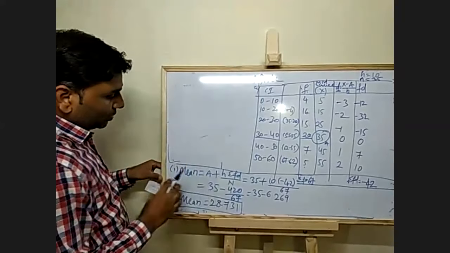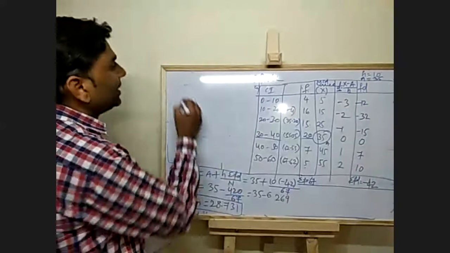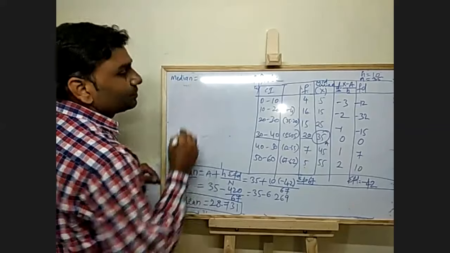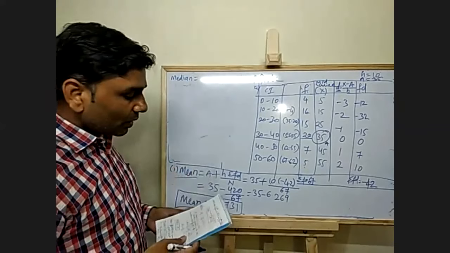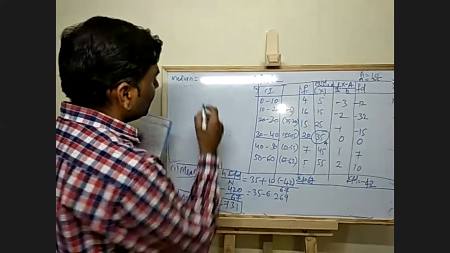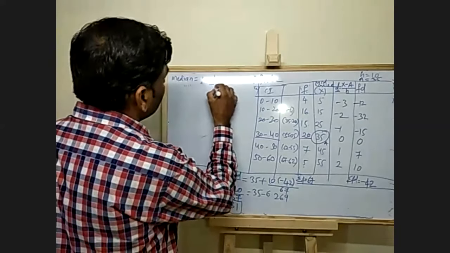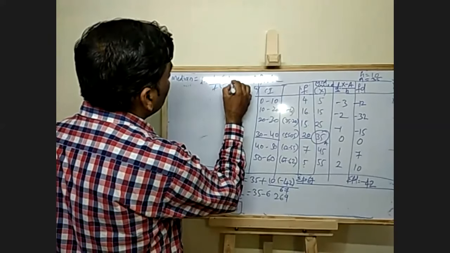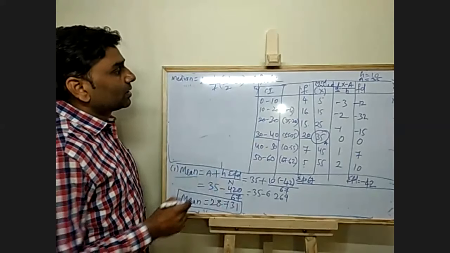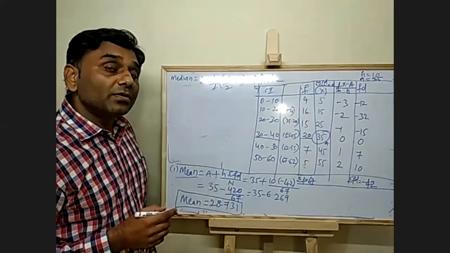Okay. So mean is here. Now what I need? I need median. Median equal to, if you remember, there is one formula for median, that is L plus H divided by F in the bracket N divided by 2 minus C. This is the formula for median. L is lower class limit of the median class.